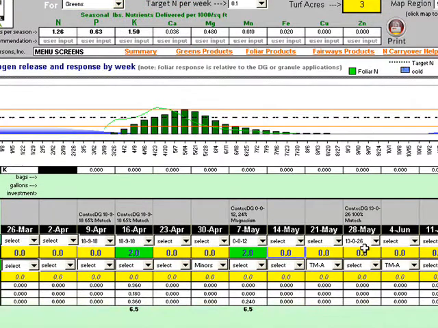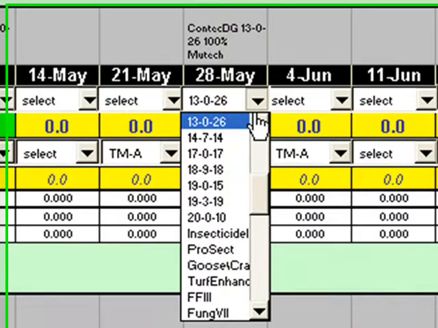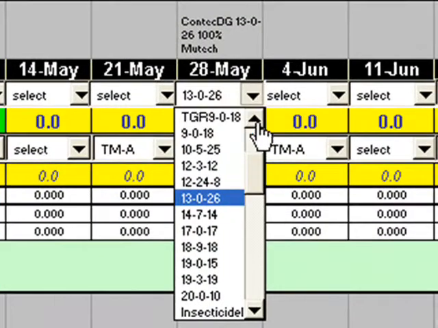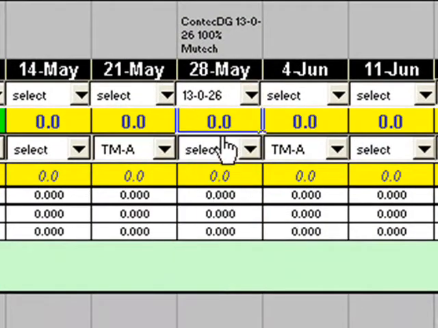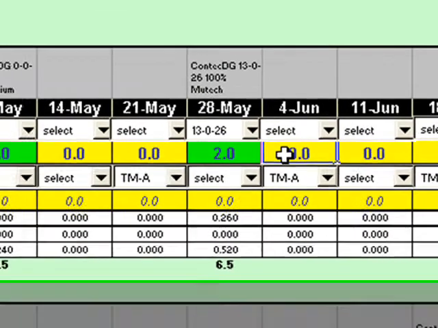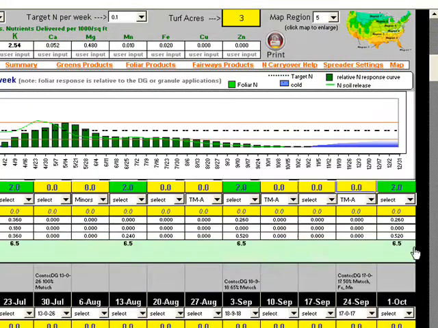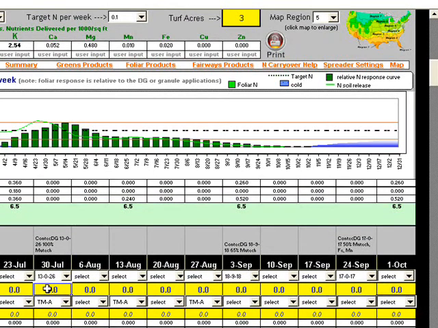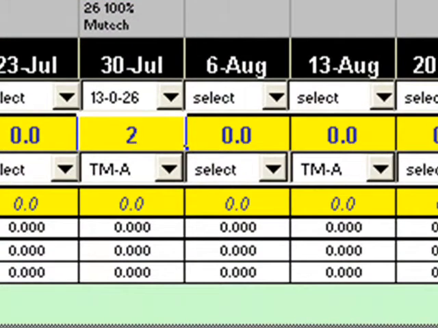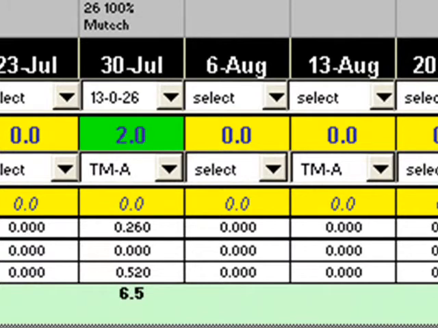And then as I get to the summer months, it's getting a little bit warmer, so I'm going to go with 100% Mutec. I happen to know that the 13026 is an excellent choice, 100% Mutec. And I'm going to put in 2 pounds here on June 25th, put in another 2 pounds. And you can see I'm running things a little bit lean here as they get down to the lower limit there, the red line. July 30th, and put in another 2 pounds again